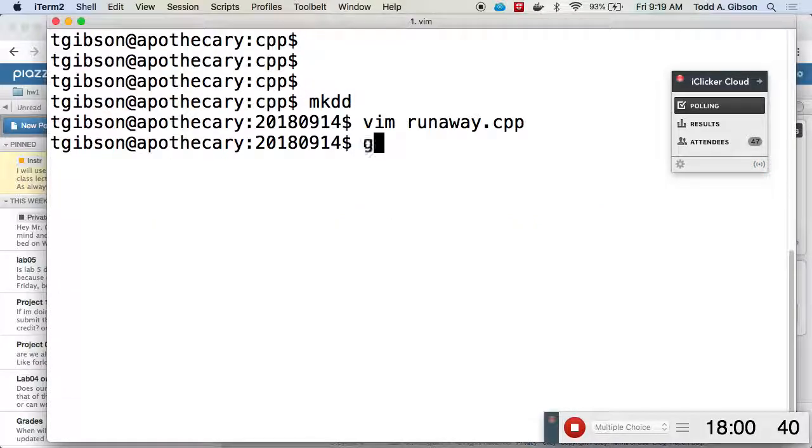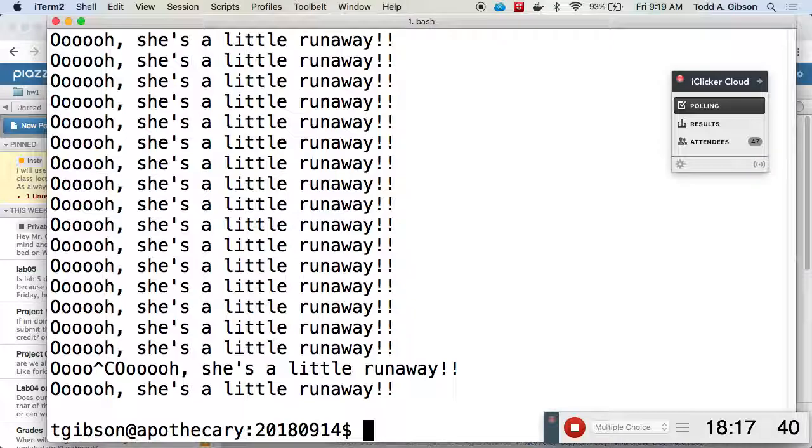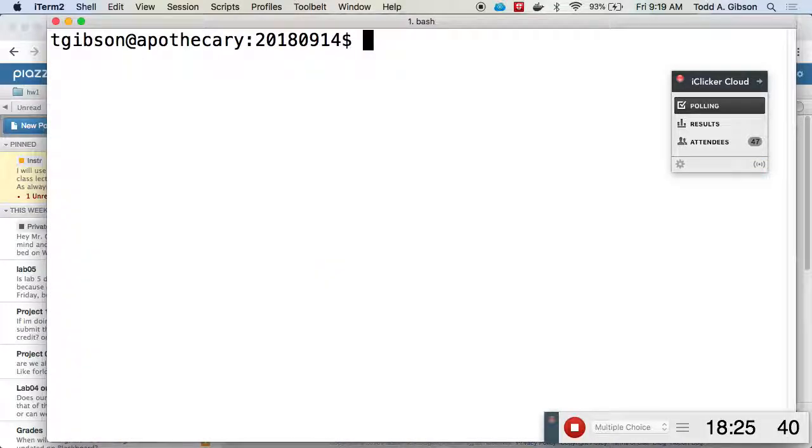We can compile it, and then let me go ahead and be proper and put that in. I run it, and it goes on forever. The way to get out of a runaway program is to hold down Control and hit C. That'll break out. Okay. Control C. Any other questions?